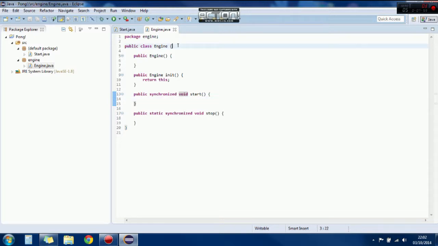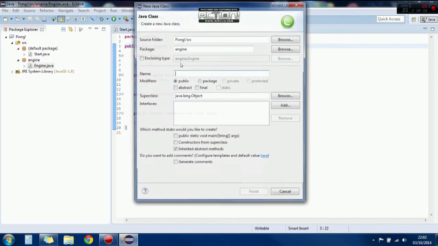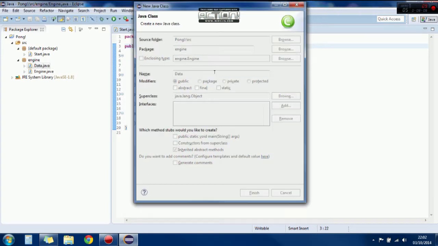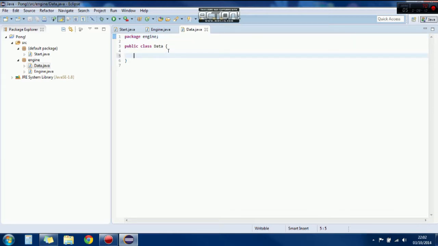So, what does the game have? It has data in it. I mean, frame data, like the size, the width. So let's create a new class for that and call it data, and this is going to contain all the things in it